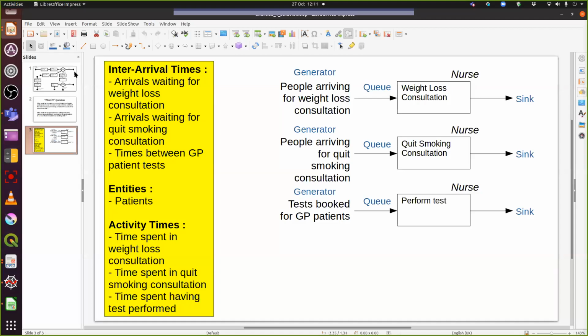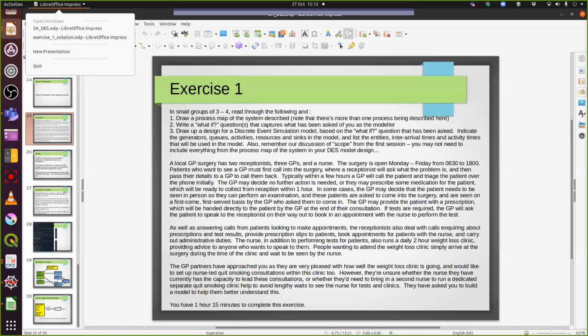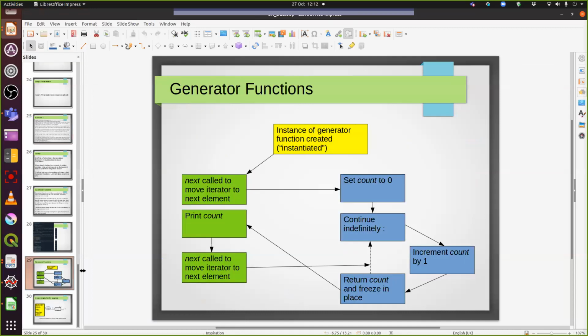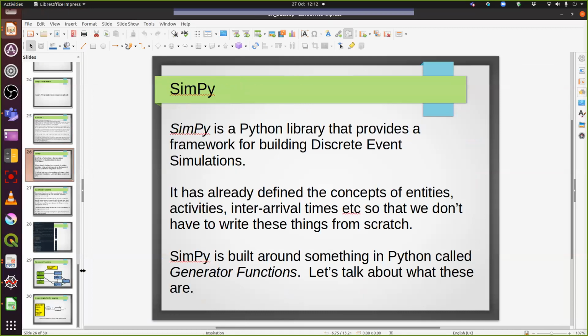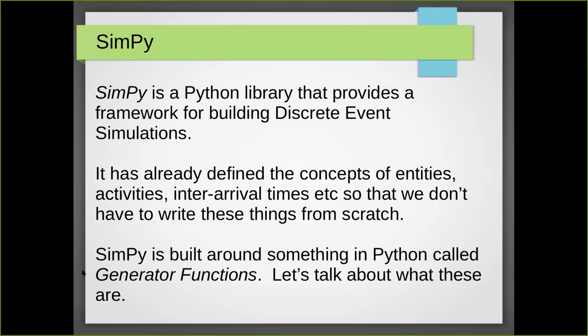Okay, so where are we? Here we go. So you've had a bit of practice this morning on designing a discrete event simulation and starting to really think about what are the key things you'll need to consider